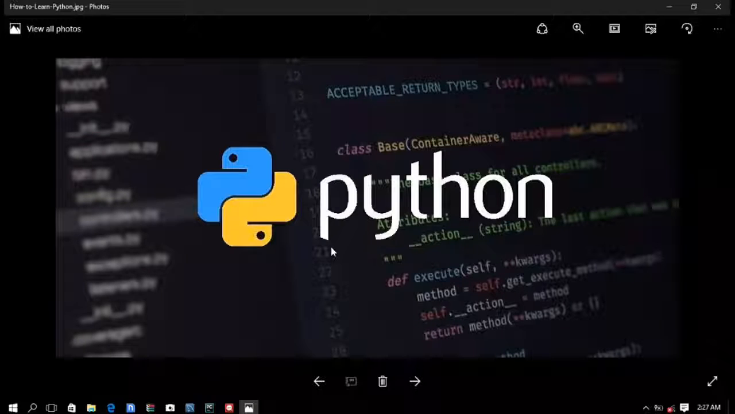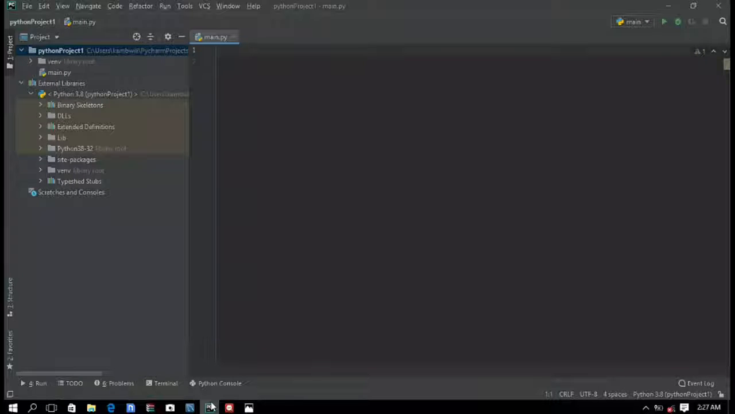Now let's get started. What you need to make this program is a code editor like Visual Studio Code or an IDE such as PyCharm. In this tutorial, I'm using PyCharm. So the first step to make a password generator is